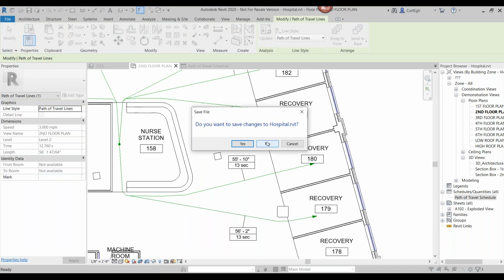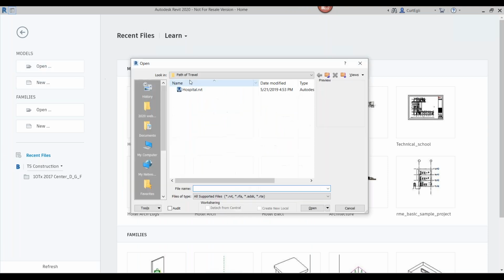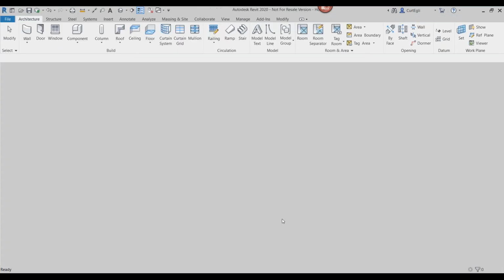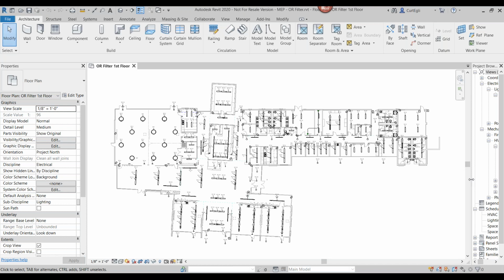Go ahead and close out of that one. And I'll go back to, let's go back to that Audubon building and open that one up once. So say that you're the electrical designer and you're trying to figure out what kind of work you need to do next with this plan. Now,